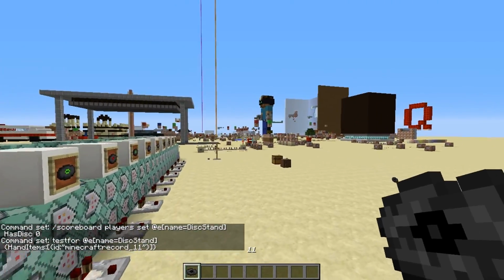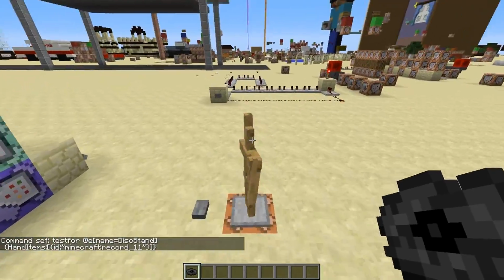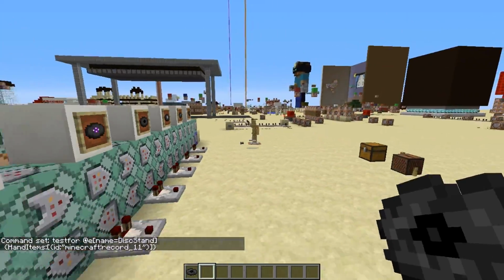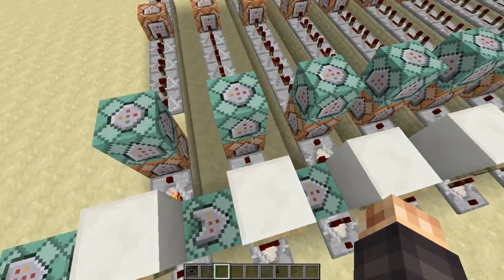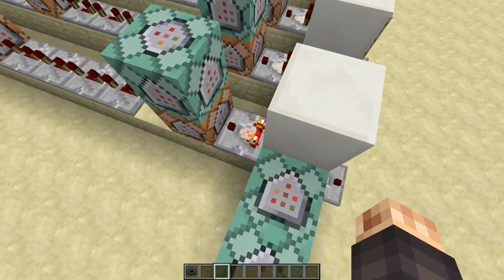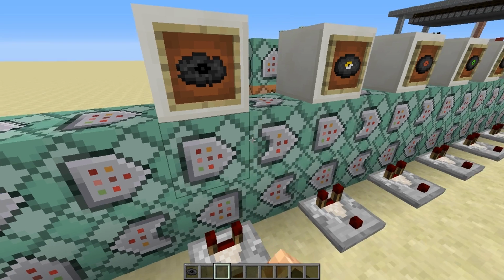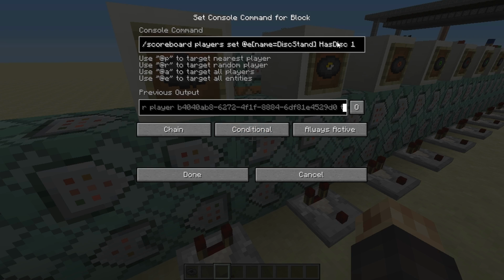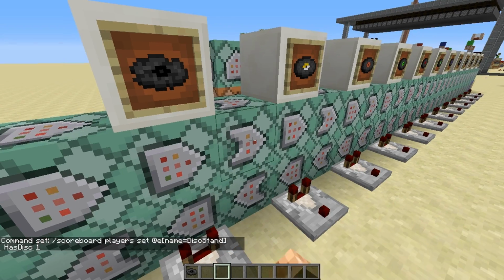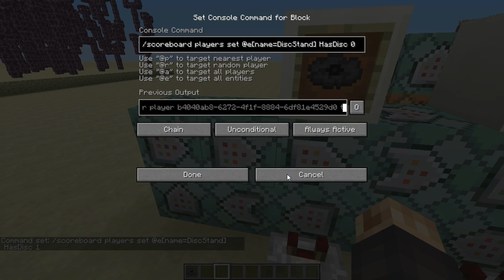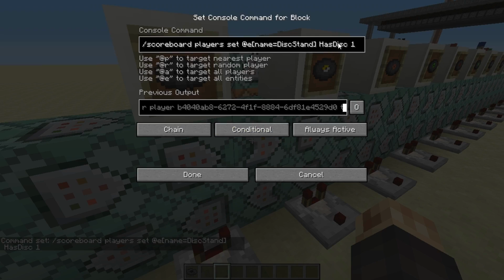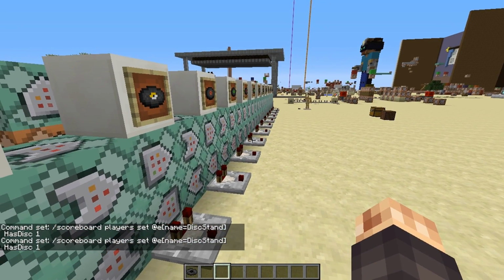So let me go play this here. I'll put it on, there we go. I should be far enough away not to hear it. But you can see the comparators lit up there. I'll go over that in a second. But the easy thing is, if it's true, then this conditional command block will go off. It'll set the score to 1, and because this score is after the one that's 0, it's always going to update to 1,